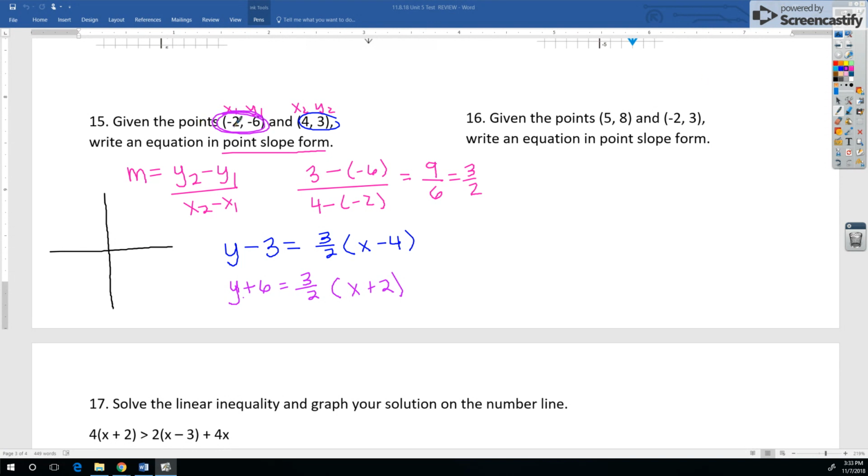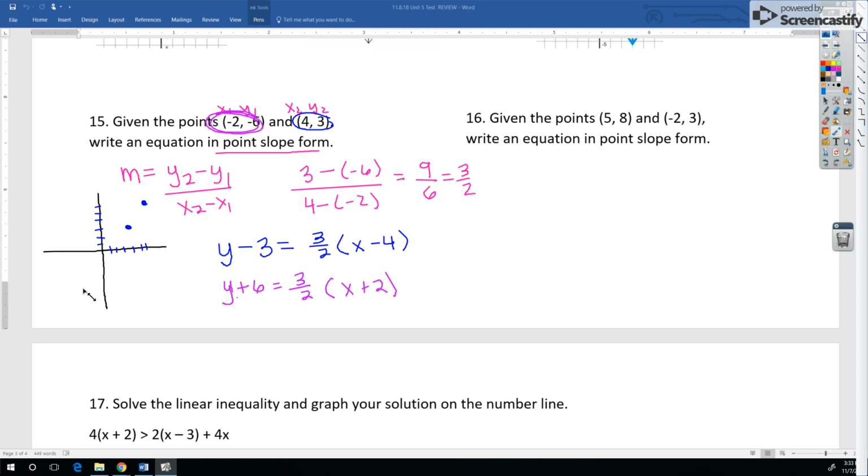So if I go to this point, I'll start with the blue one, 4, 3. 1, 2, 3, 4. 1, 2, 3. That's here. And remember, my slope was 3 over 2. So rise, run. So 1, 2, 3, 1, 2. It's like there. If I connect that about there,